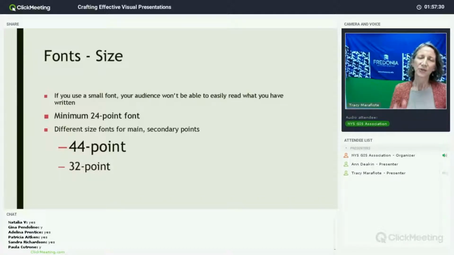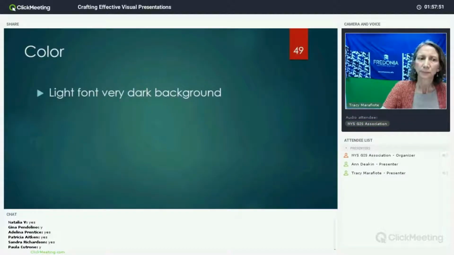The minimum you should ever use would be a 24-point font. You see slightly different standards depending on who the presenter is. But for a point of comparison, in this presentation, the headings are a 44-point font, and the text that I've used on each one of the slides has generally been a 32-point font.